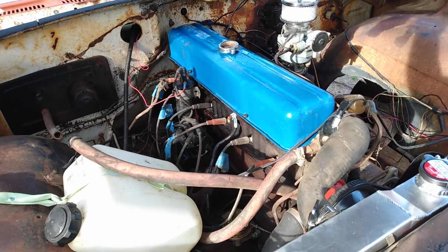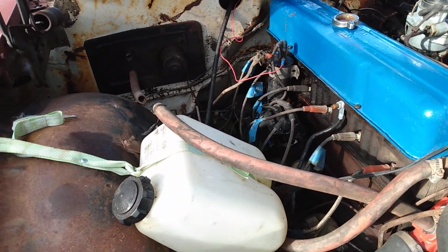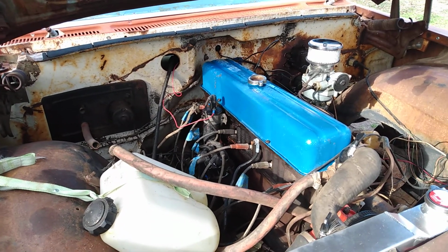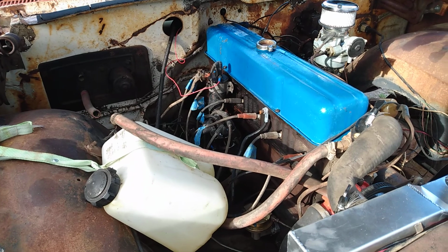But while we're doing that, we're going to work on body panels, the hood, just patching the rust in this car, which is not really a lot of rust because it was bought in Texas. So there's not really a lot of rust like a lot of these cars have. But anyway,